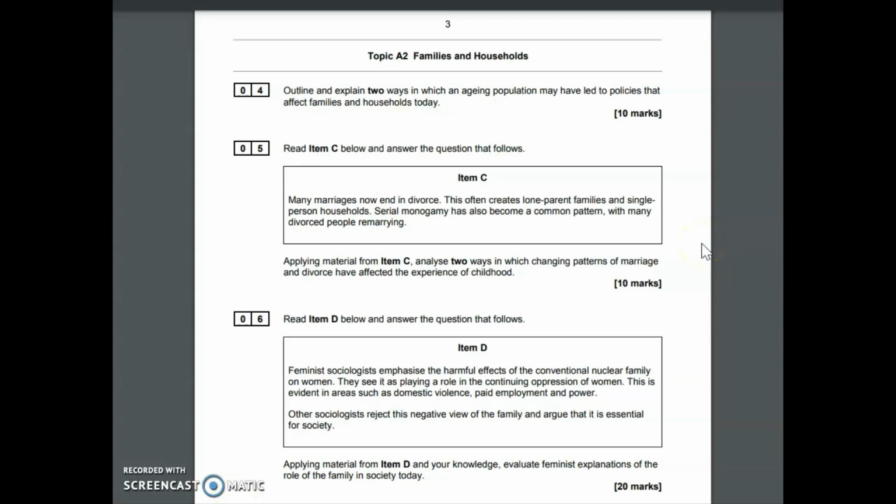The second 10 marker was looking at applying material from the item. It tells you 3 times to do it. Analyse 2 ways. Students that just wrote about the changing patterns of marriage and divorce will not have scored very, very highly. Likewise, if you did not refer to the item, you are not going to score higher than 3 marks. The popular item use was about the lone parent families, and students were able to link this